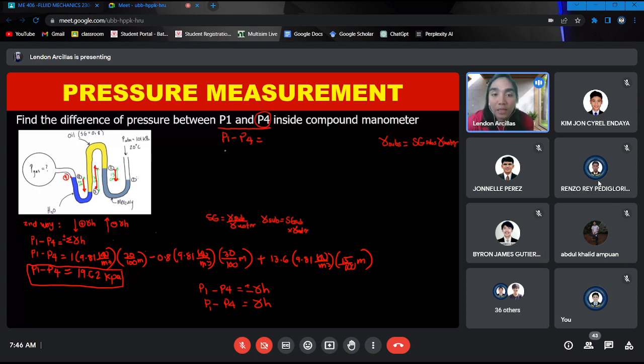Example, pag tinanong yung pressure 4 minus pressure 1, saan kaya magsisimula? Dito sa pressure 1. So, from pressure 1, baliktad yung process nito. From pressure 1 to pressure 4, tayo ay,